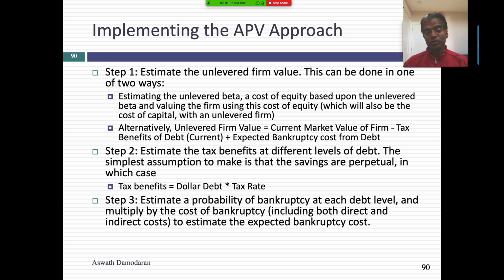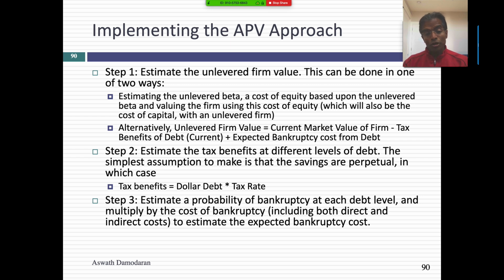That's your tax saving next year. Then you do year 2, year 3, year 4, and you take the present value of those savings. Let me give you a shortcut that works relatively well. If you assume your tax savings are perpetual, in other words, your debt is here to stay, then here's what